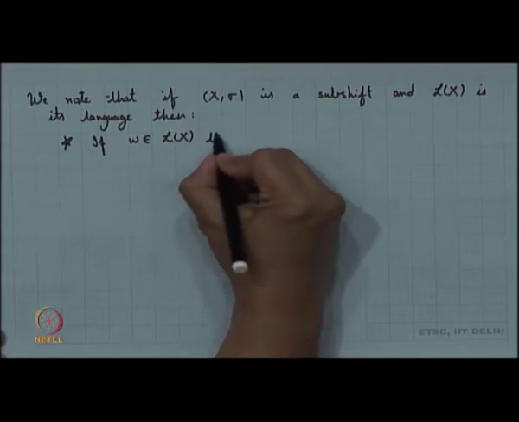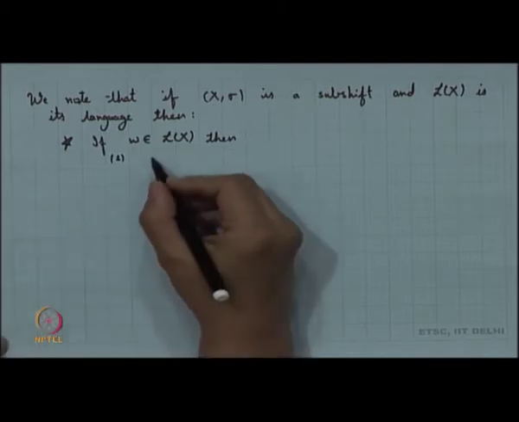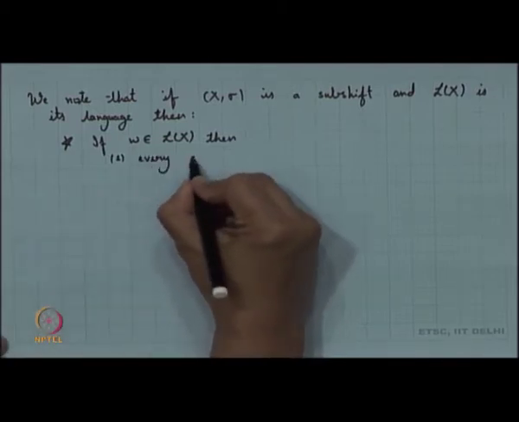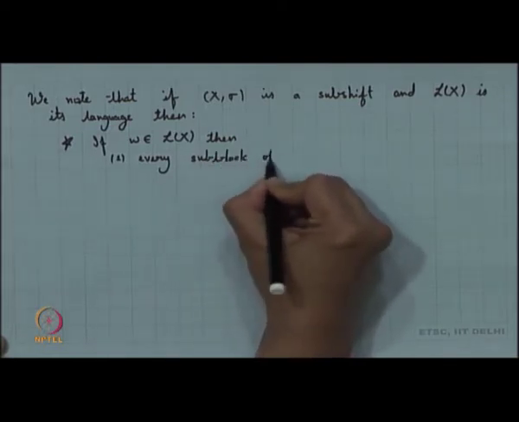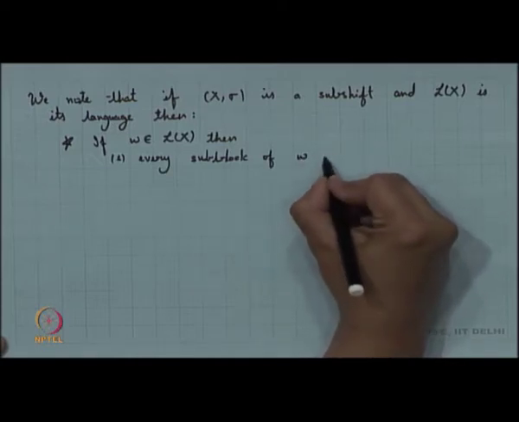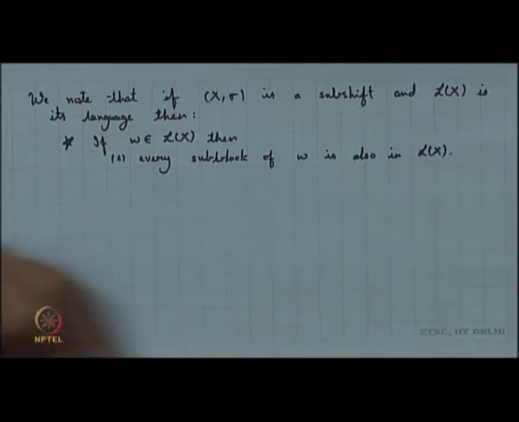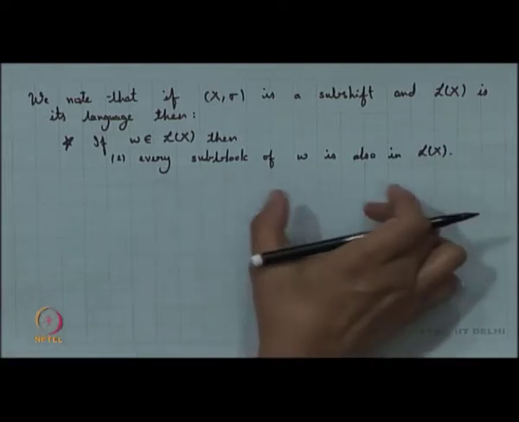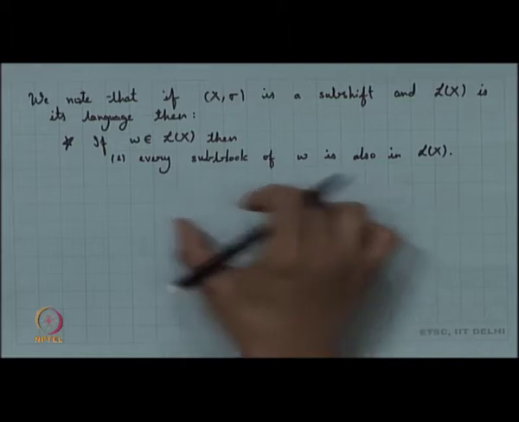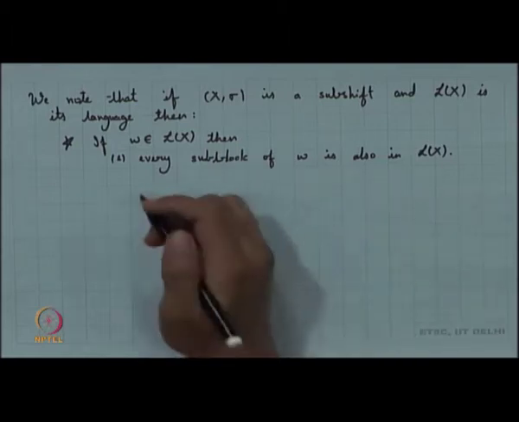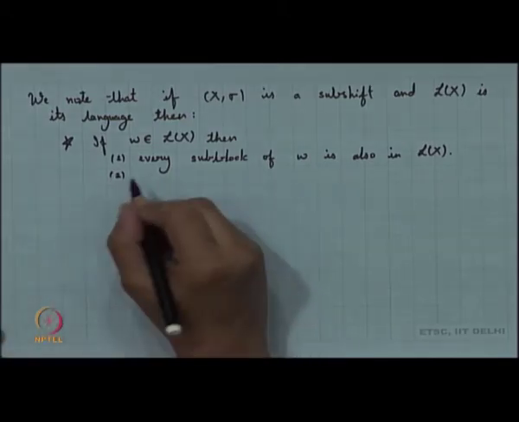Then there are two things that happen here. The first thing is that every sub block: if a block itself is appearing in x, its sub block is also going to appear in x. So, if W is in Lx, then every sub block of W is also in the language. And the second thing is that there exists a non-empty